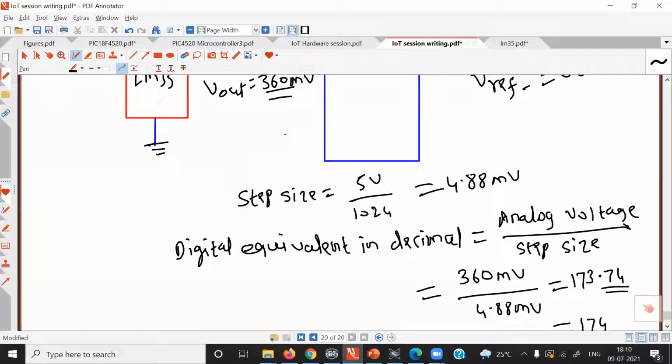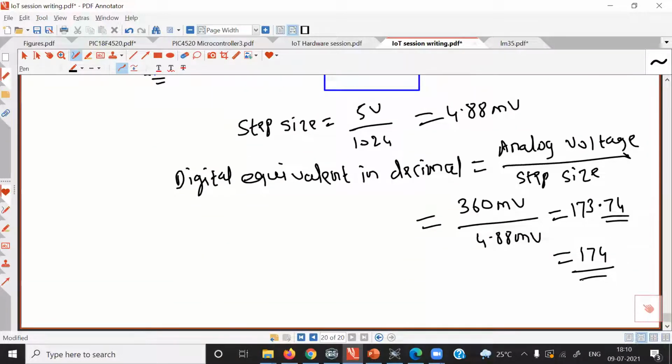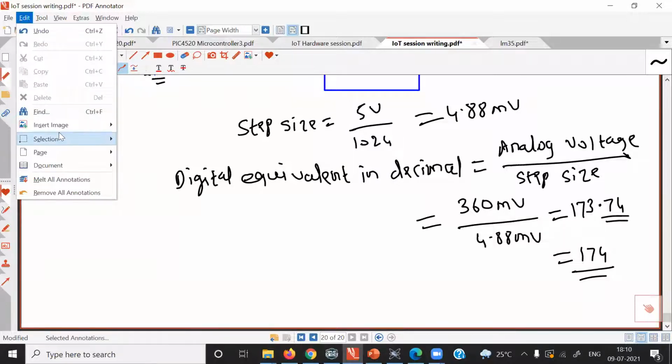We want to display 36 degrees Celsius on the LCD display. So we must divide this 174 by a proper divisor so that 36 degrees Celsius will be displayed. Another method is a lookup table, but a lookup table is not a smart way of writing the code.